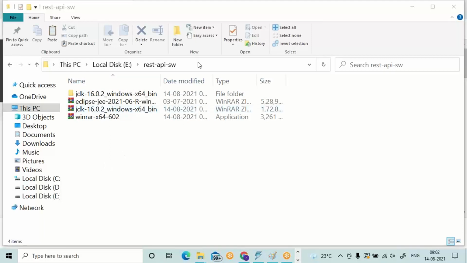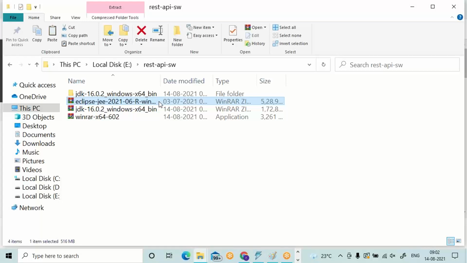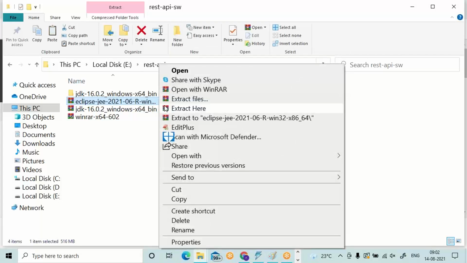The next one is Eclipse. Uncompressed downloaded zip file. Right click on Eclipse JEE, extract to.